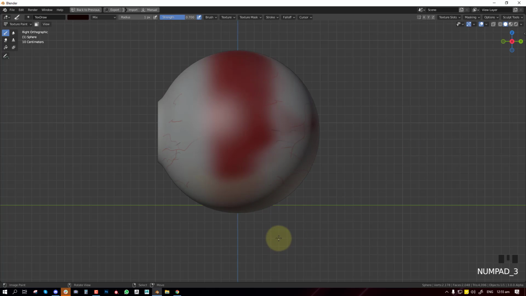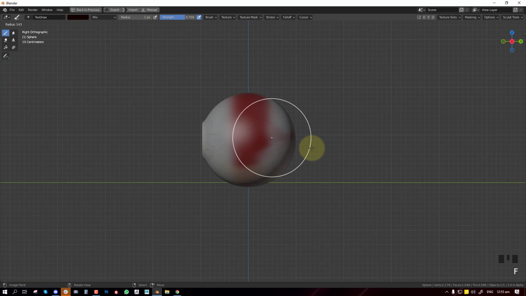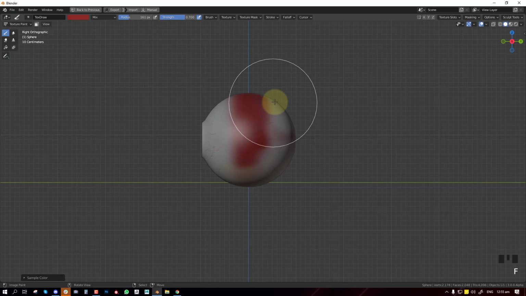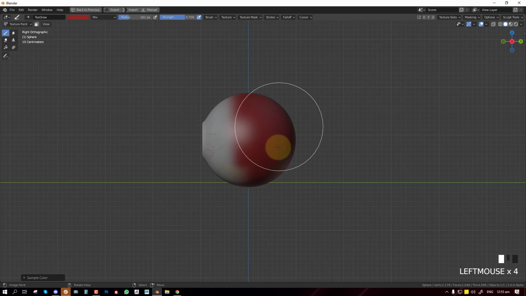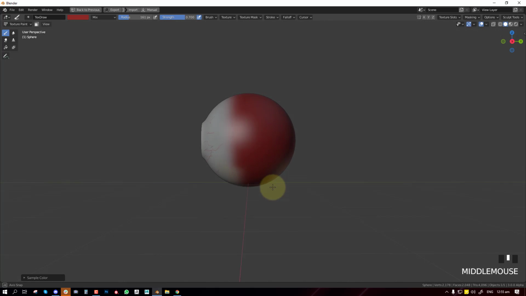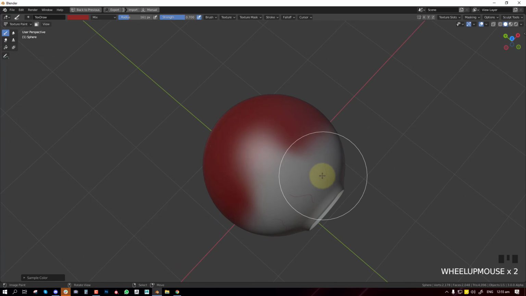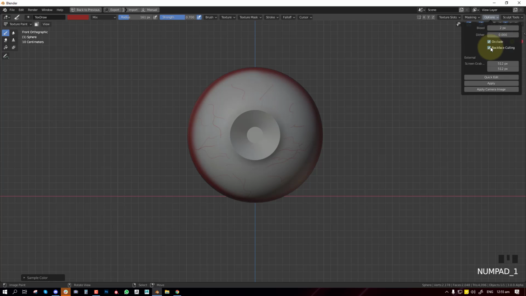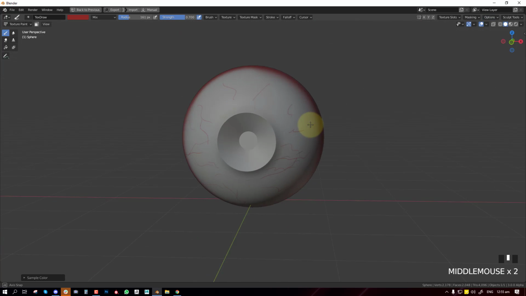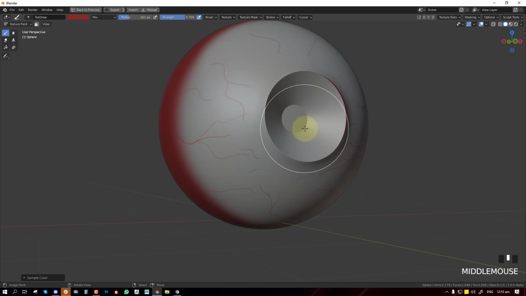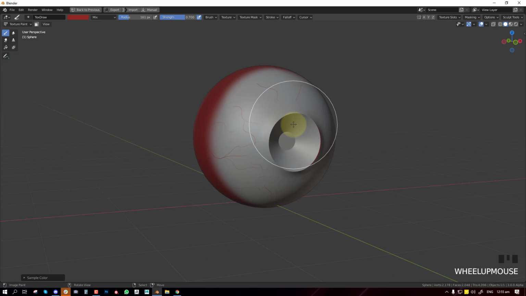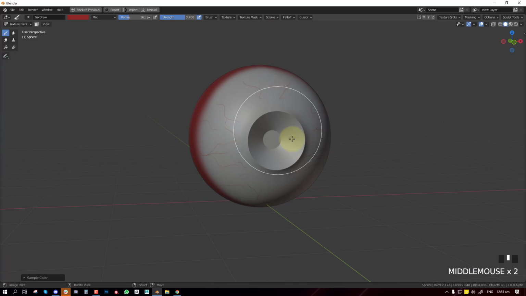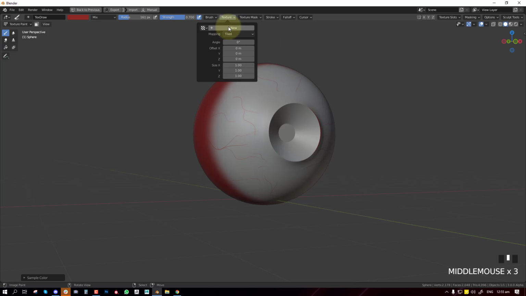Okay, so once we have that, before we continue, let me just fix this quickly. Just paint all white. I should fix that. And I will turn off this. I will enable this so we don't make the mistake again. So now we can proceed to add in the iris color, basically the color of the eyes and the texture. So for that, we'll click on new, set this to stencil.